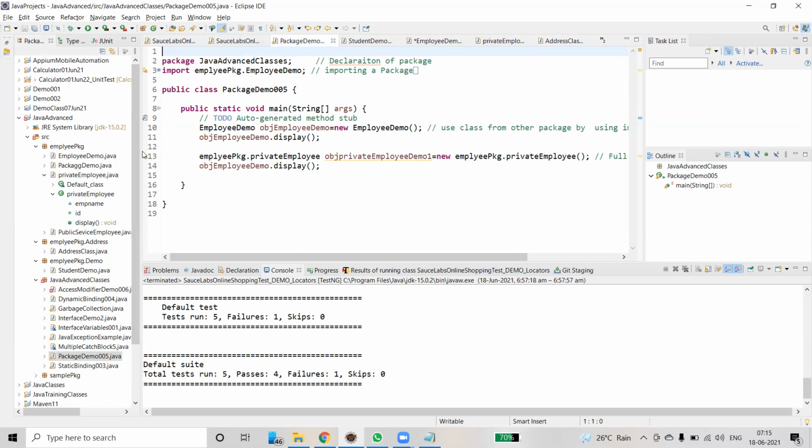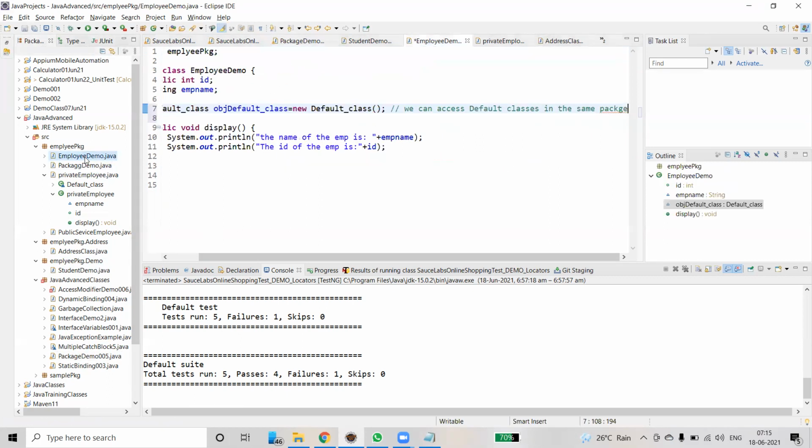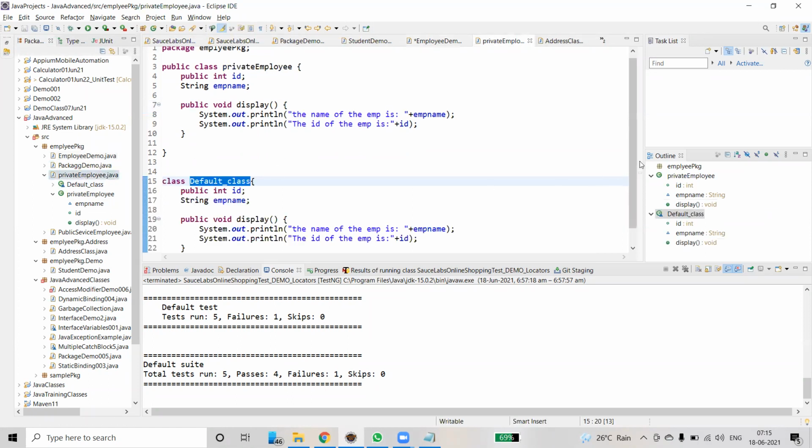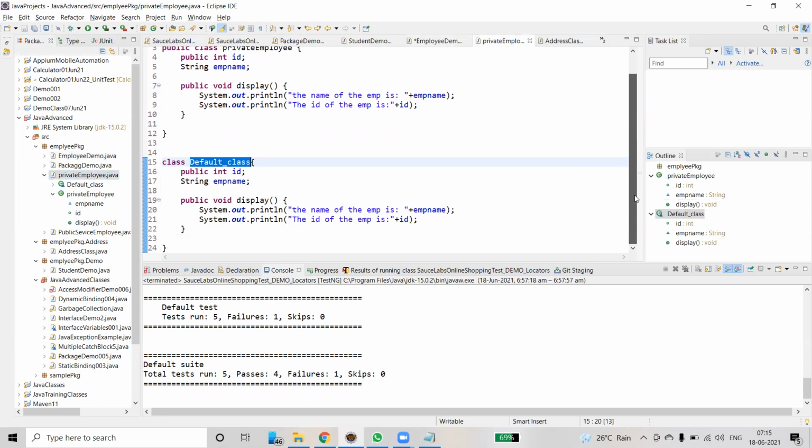See here, we have already created employee demo. We have two classes. Here I'm just going to make it protected, and this one also I'm going to make protected.